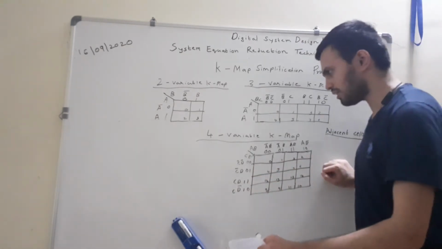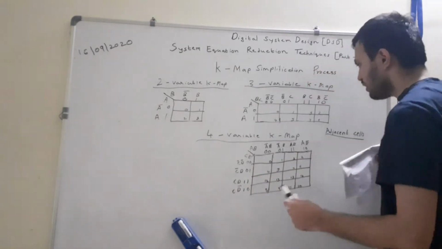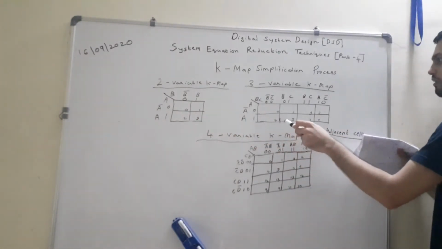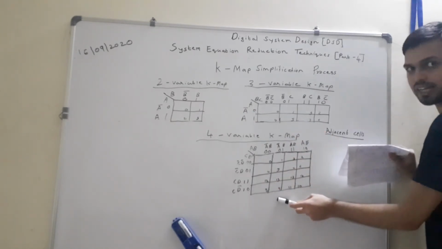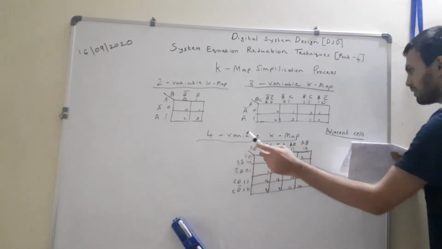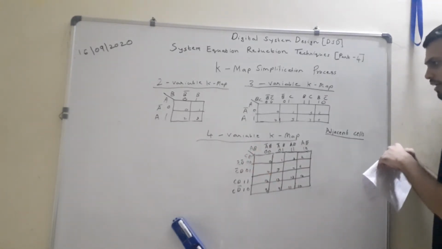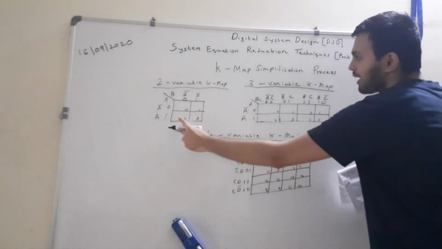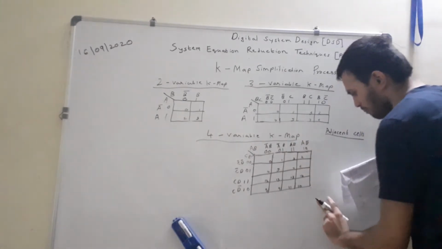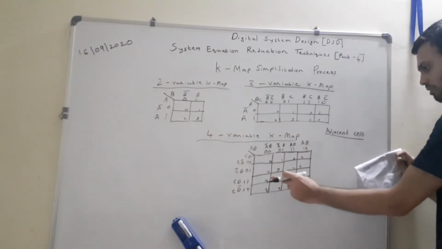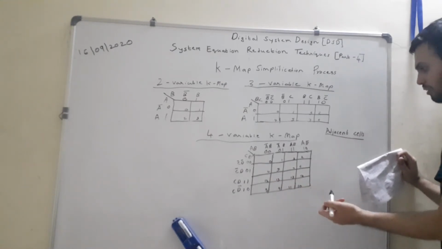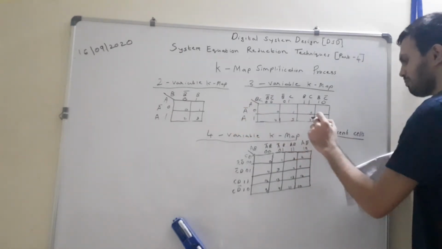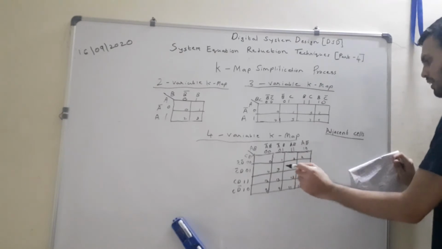Now let us understand those concepts. As you can see, three diagrams are drawn over here. The first diagram is of a two variable K-map, the second diagram is of a three variable K-map, and the third diagram at the bottom is of a four variable K-map. Now we want to understand how to simplify a given equation using K-map. The labeling everyone knows by this time. If anybody has any doubts related to labeling, refer to the previous part of this lecture. So this is a two variable K-map, three variable K-map and four variable K-map, and this is how it is labeled.